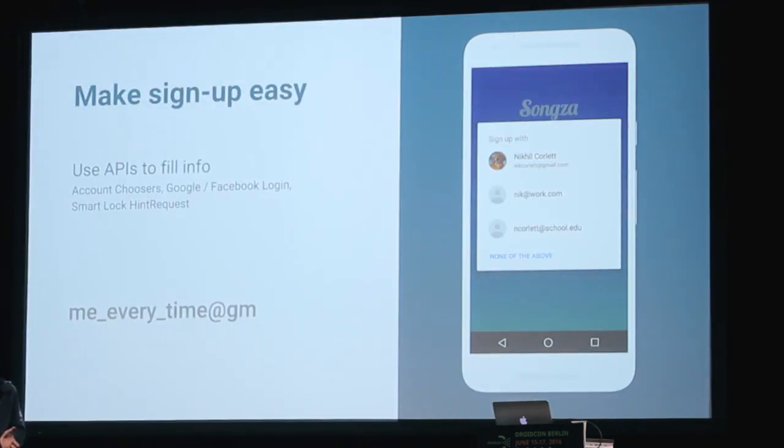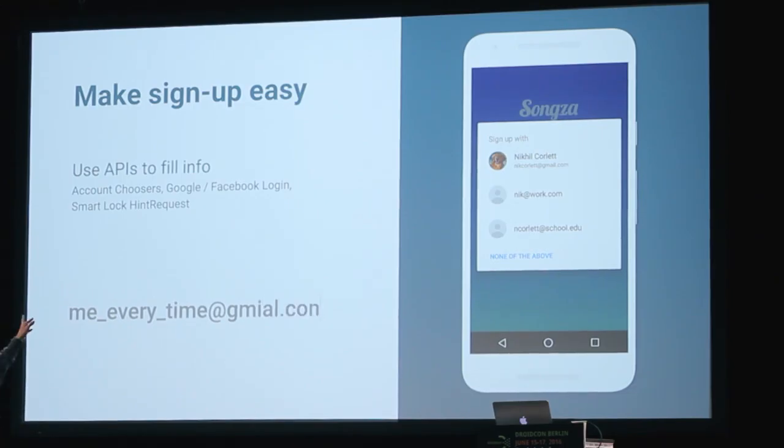So the first one that I suggest is that, on Android, there's actually a set of APIs that allow you to get the user's name and email address. And some of them in older versions of Android required these device permissions that you could get at install time. And there are others for Marshmallow moving forward that allow you to get this information at runtime without a permission. And some of the ones that I suggest are using things like the Google and the Facebook login SDKs that will give you things like name and email address. They'll even give it to you in a verified form that allows you to skip sending a verification email,